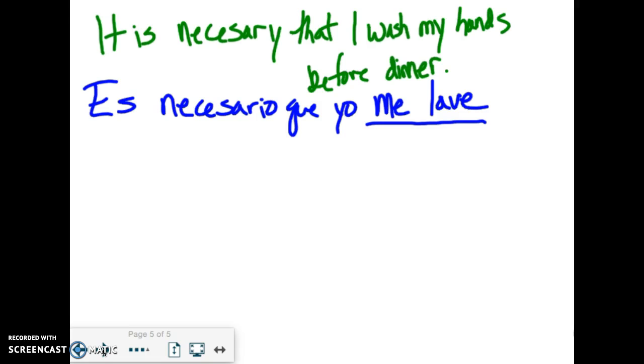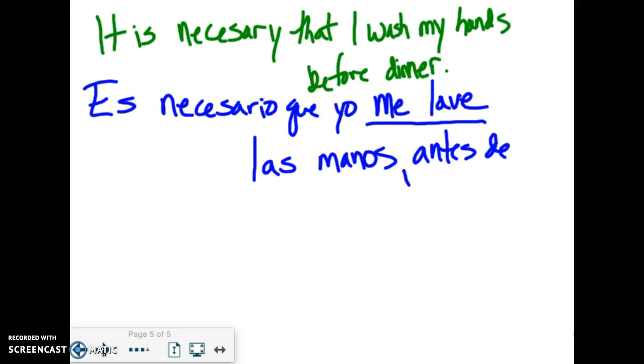Because if it wasn't subjunctive, it would be me lavo. But you can't forget, lavarse is to wash one's hands. Keep going. Antes de... what am I washing? Las manos. It's one of those weird ones. Antes de la cena.